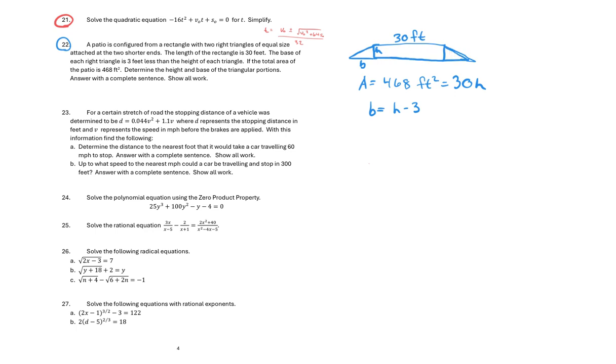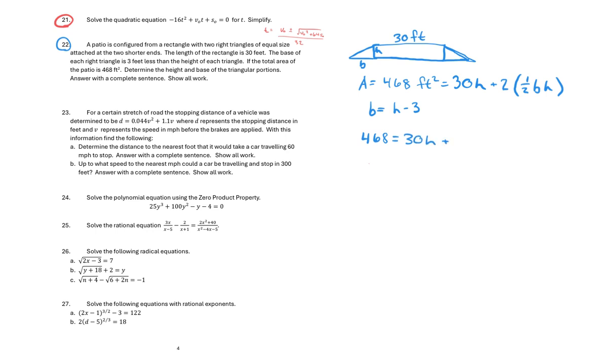Now we have 2 triangles, and they're of equal area. So we have plus 2 triangles, and the formula for the area of a triangle is 1/2 base times height. So we can see that this 2 and this 1/2 here are going to cancel out. So we end up with 468 equals